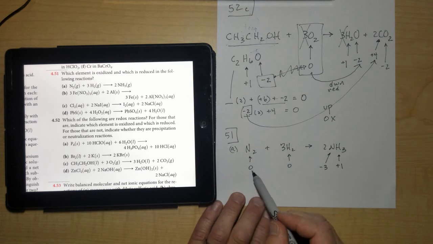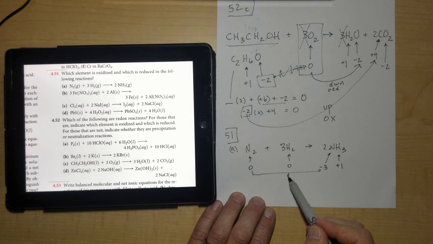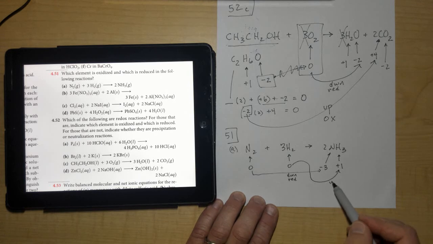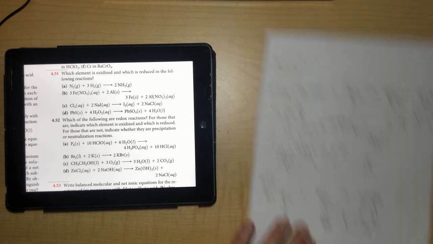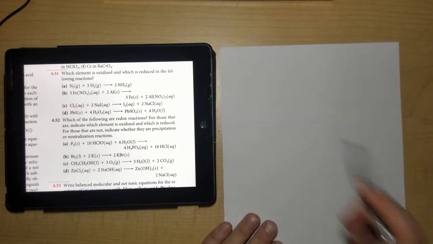So now we can see nitrogen goes from 0 to -3. It went down in charge, therefore it's reduced. And hydrogen went from 0 to +1, so it went up, and it is oxidized. All right, that's 51A. 51B,